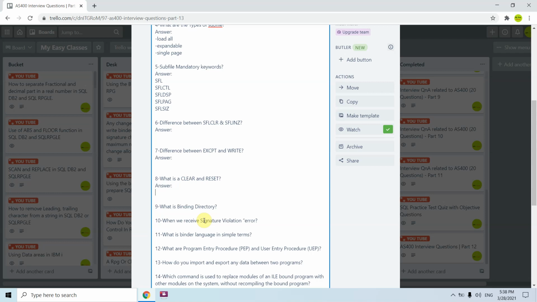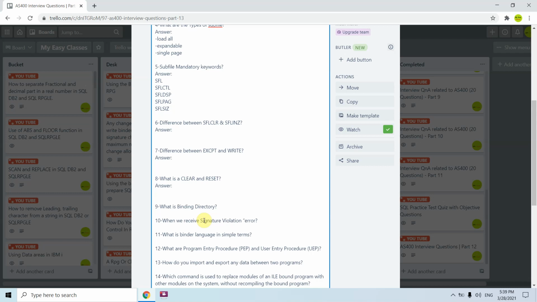But for reset, for example, if you have declared a variable, say flag 1, and you have set the initialized value with the inz keyword as n. If in the middle of the program you have changed that to y, and now you use reset flag 1, you are resetting it to the originally initialized value, which is n.